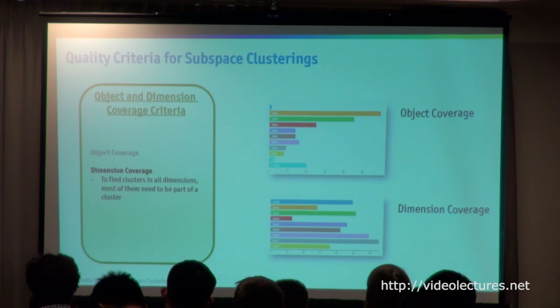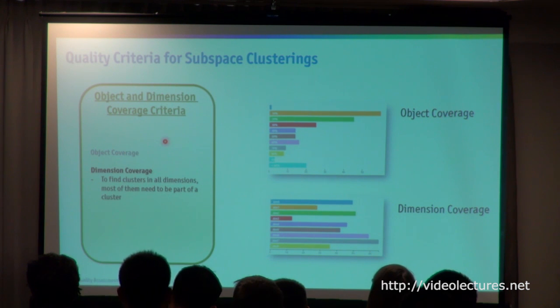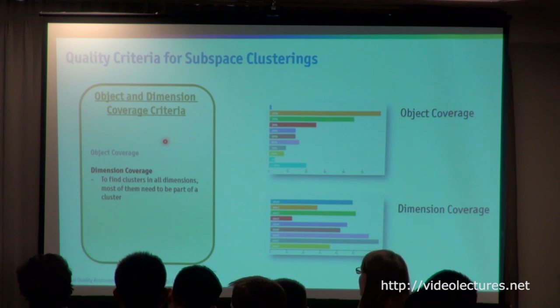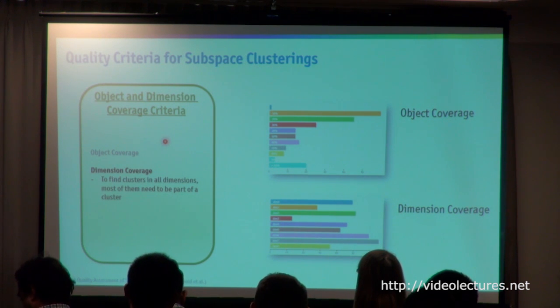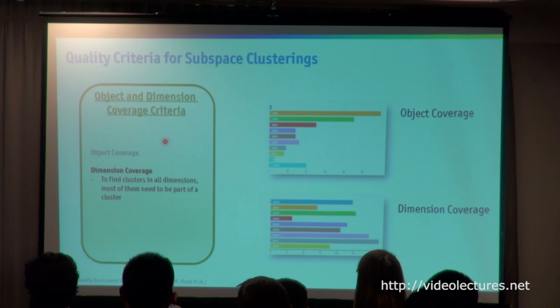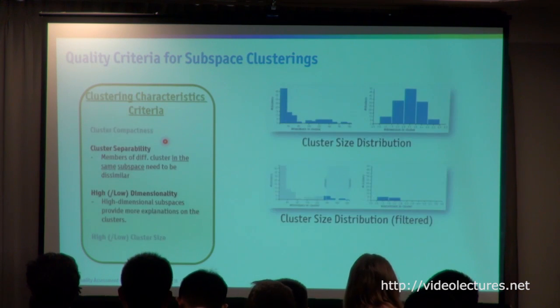We also look at object and dimension coverage criteria. For example, a useful clustering should consider most of its members in some cluster. But for subspace clustering, we should also concentrate on whether all dimensions are part of any subspace to reason about the whole data set. We can do this with simple bar charts,